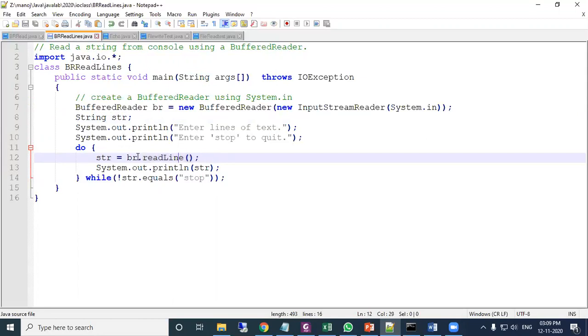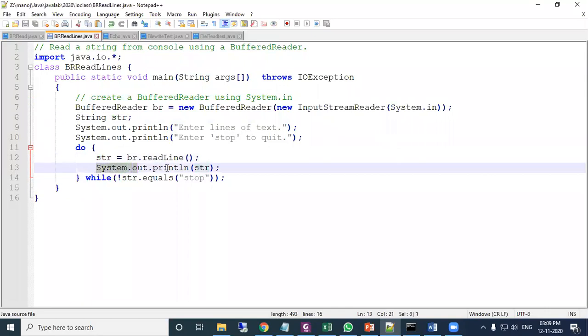So br.readLine reads one line of text and stores it in the string, and after pressing the enter key, it is shown on the screen. Here the condition is given: while not str.equals("stop").